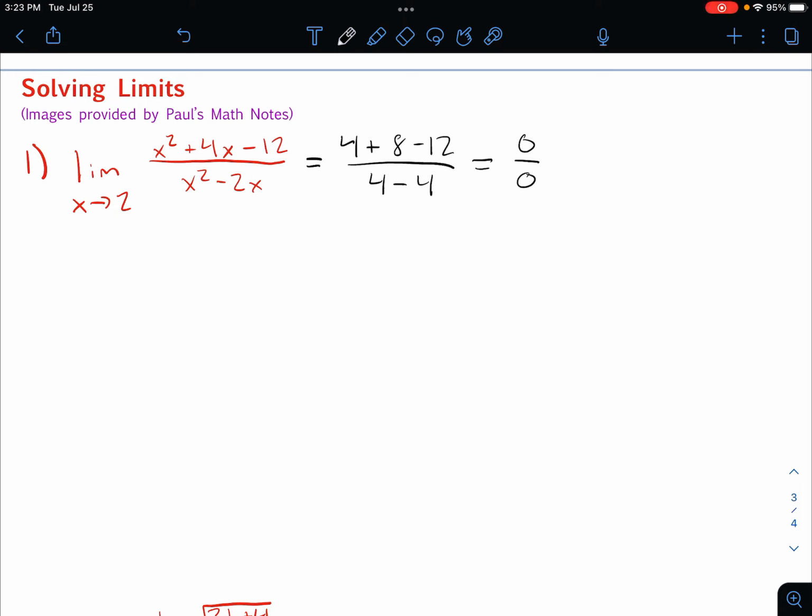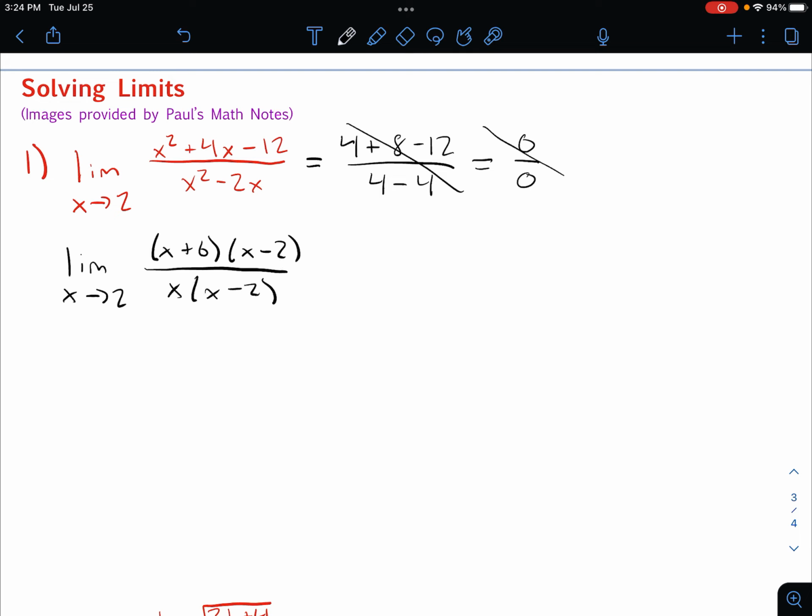When we return to the original equation, we can factor both numerator and denominator, which will give us something a little bit better. So, this isn't working. We're going to turn to this, and we'll do limit as x approaches 2. And the numerator, what multiplies to negative 12 and adds to 4? Positive 6 and negative 2. So x plus 6, x minus 2, and then on the bottom we're just going to pull out an x